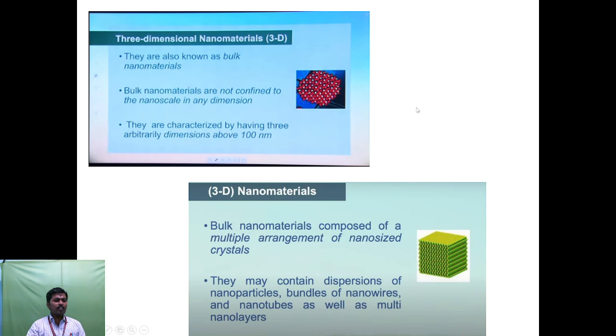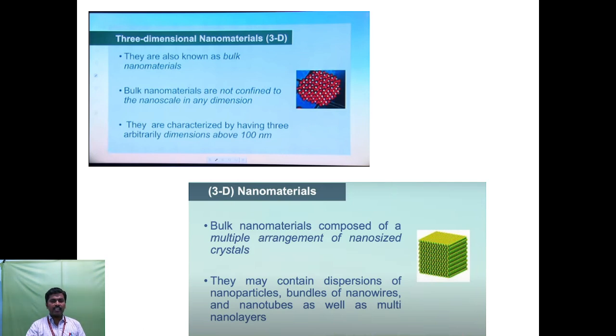So three-dimensional nanomaterials are also known as bulk nanomaterials. Bulk nanomaterials are not confined to the nanoscale in any dimension. In all the dimensions, not in the range of nanoscale. They are characterized by having three arbitrary dimensions above 100 nanometers. Three-dimensional nanomaterials